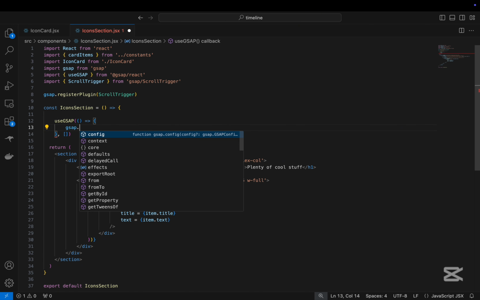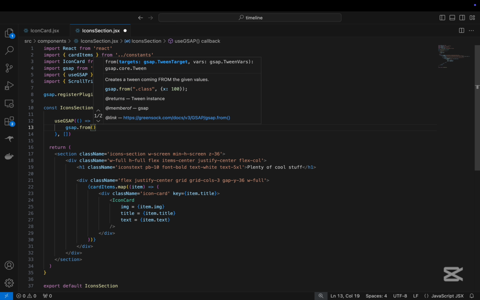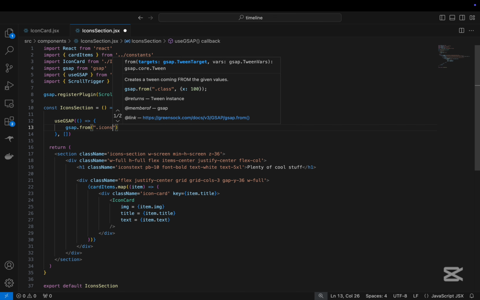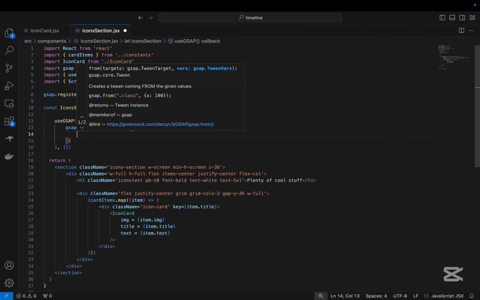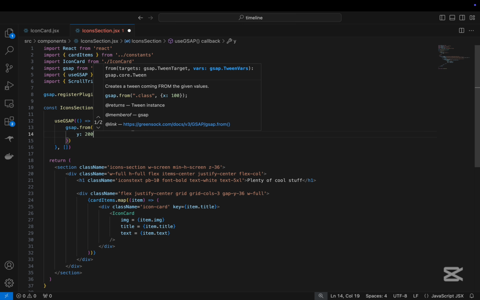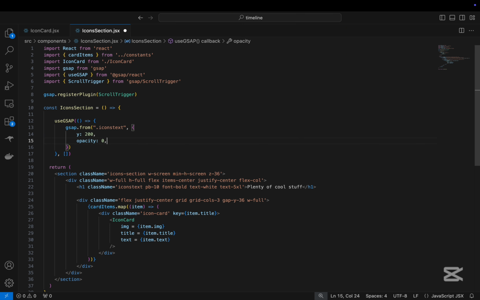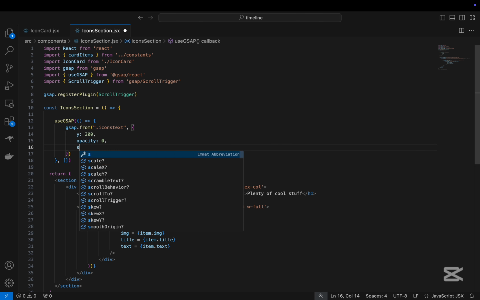here run gsap.from. The first parameter will be the element that we're going to target, which in this case is going to be .iconstext, which means the element with the class of iconstext. And the second input will be where we want the animation to come from. So basically it's going to come from what we put into this animation and to our location and parameters in our JSX. And so let's add the curly braces, in which we'll have a y of 200 and an opacity of 0, which means it will start invisible and down by 200 and during the process of the animation become